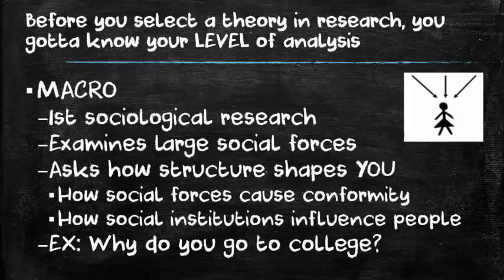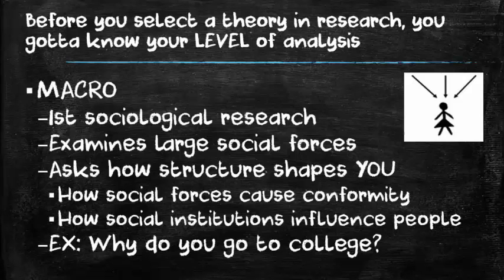Now, I've already talked in many of my lectures, and you've probably already read in your textbook about levels of analysis. They probably, however, weren't called levels of analysis. And really there are three in the field of sociology: the macro, the meso, and the micro. But for purposes of this class, we've cut out the middleman, so to speak, and we're really only going to talk about the macro and the micro level of analysis. And I want to talk about these two in chronological order. The macro level came about first. It's the first kind of sociological research we did.